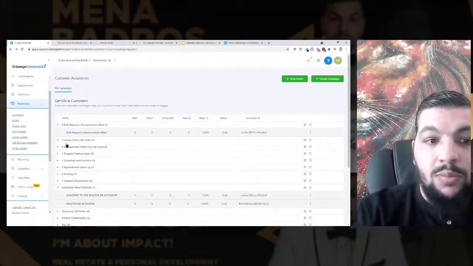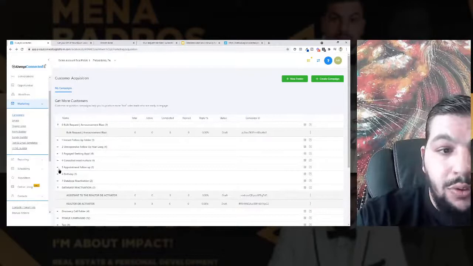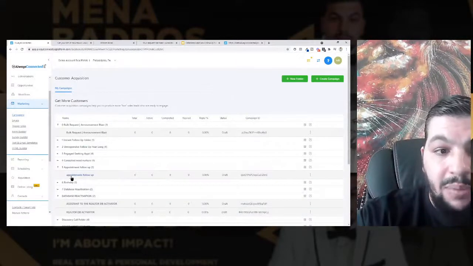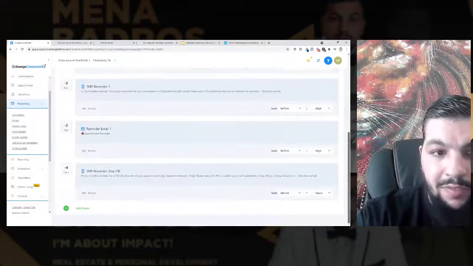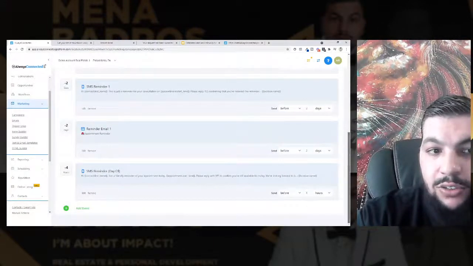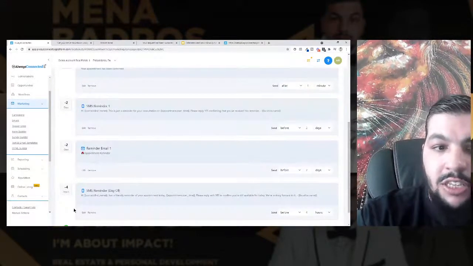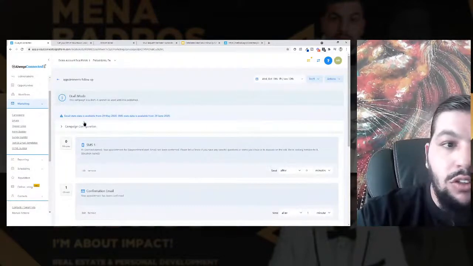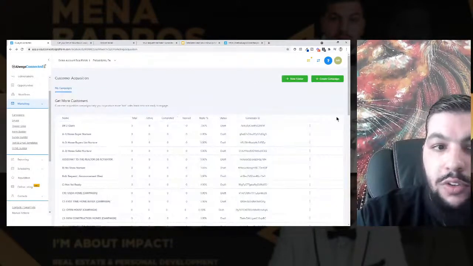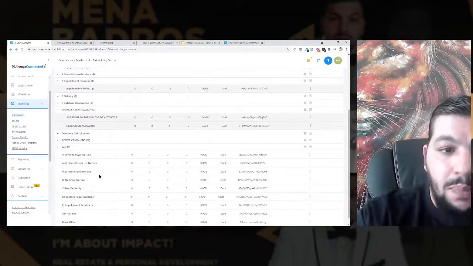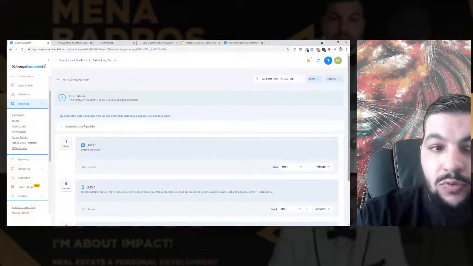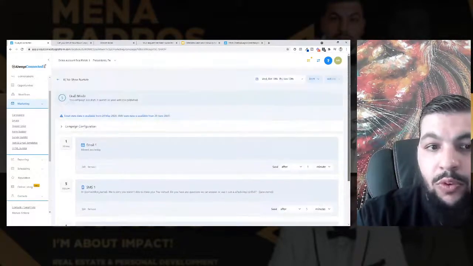So we have a campaign if someone booked an appointment with you, that you have basically an appointment follow-up that has reminders. Okay, so confirmation and reminders prior to the event. And you'll see here -2 days, -2 hours. We also have no shows. So if someone does not show up for the appointment, or someone is not ready, we continue to follow up so that they can reschedule that appointment with you. Right.